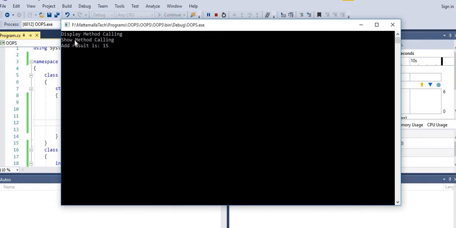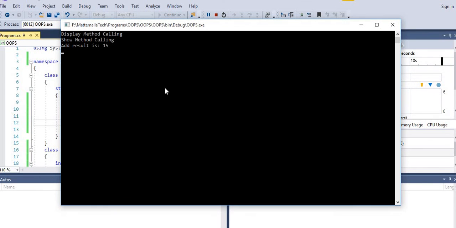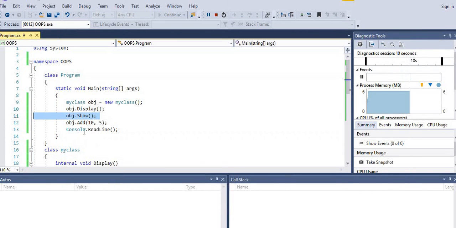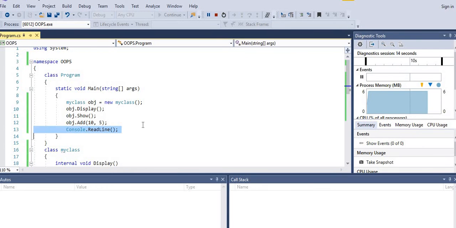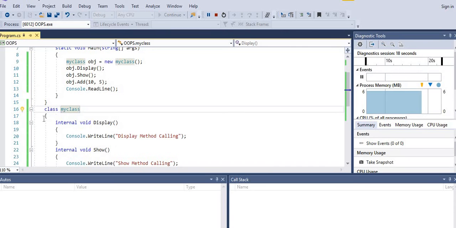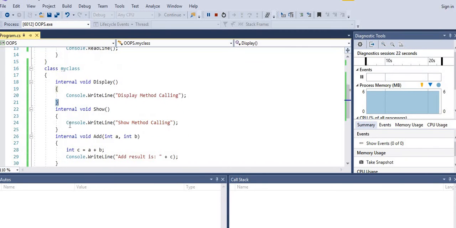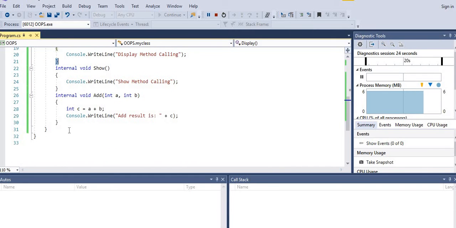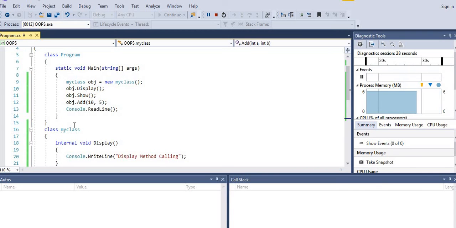See here, one is display and another is show. After that, add result is 15. You see 15, 10 plus 5, 15. So friends, this is about creating the class, and inside the class creating a parameterless method and a parameterized method, and using this new class in the Main method, the main class.